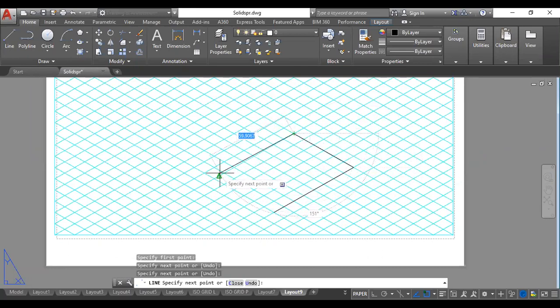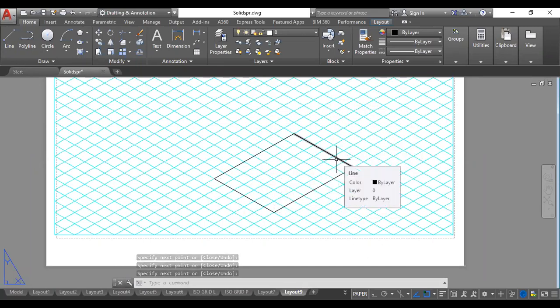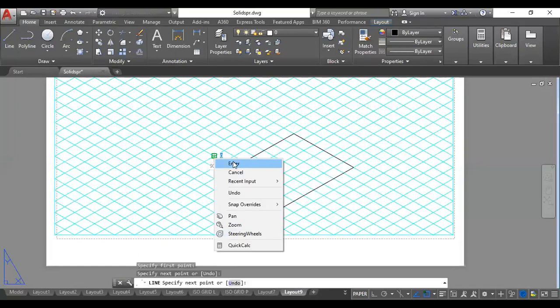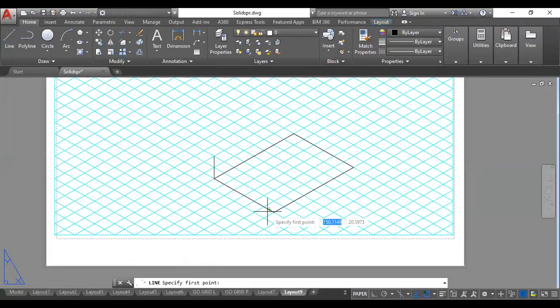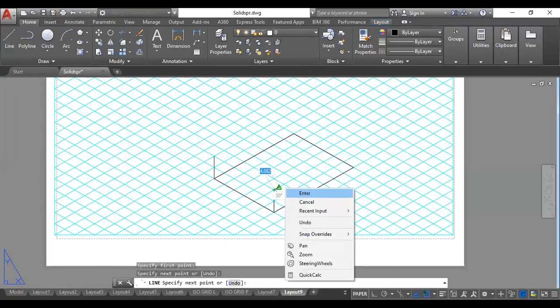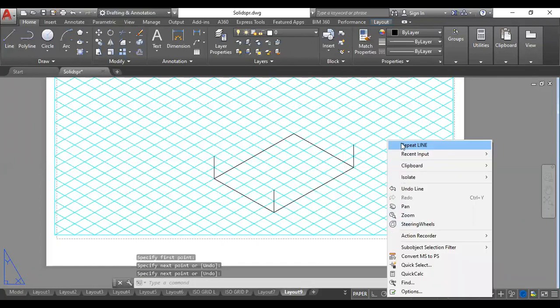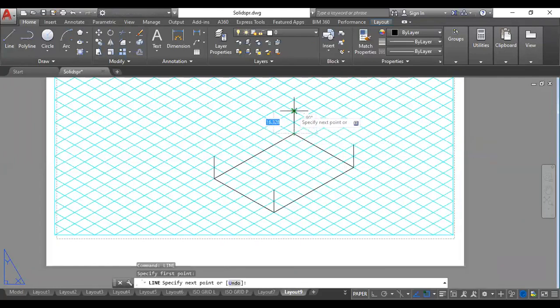From this side 8 units and back 6. Okay, so this is 80 by 60. Now the thickness is 20 mm. So I need to go vertical 20 from each corner. From this corner, vertical 1 unit, 2 units. This is 20. From each corner, I have to go 2 units vertical, 20. And again from this side, 20. And again from this side, 20. Okay, so these are the edges to be joined for the top face. Now you join all the edges.